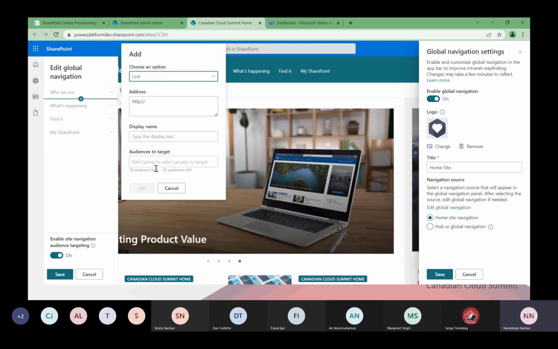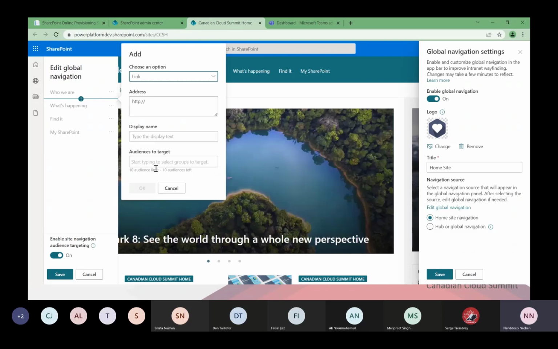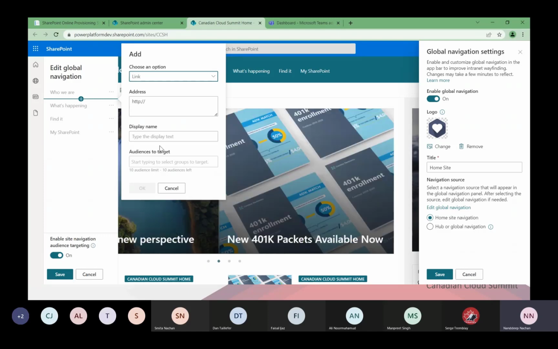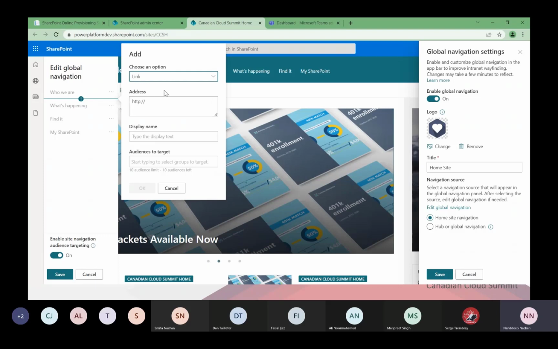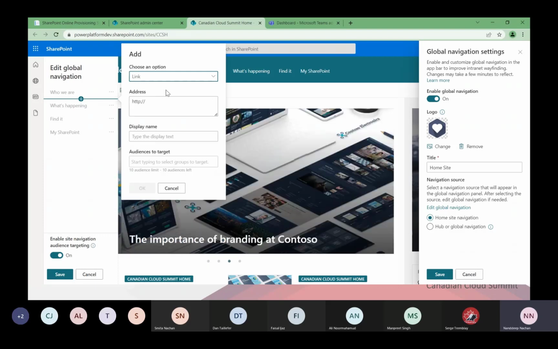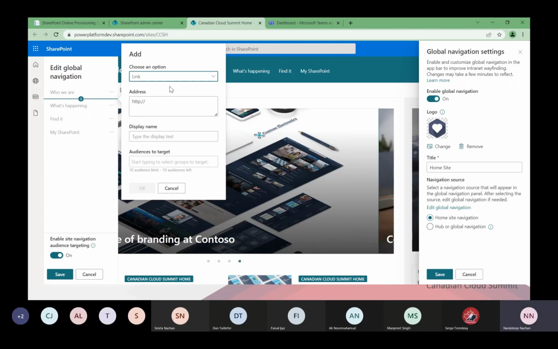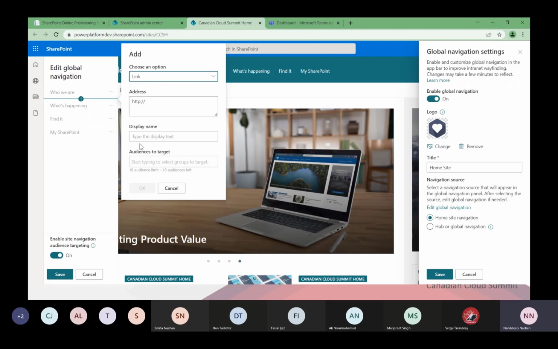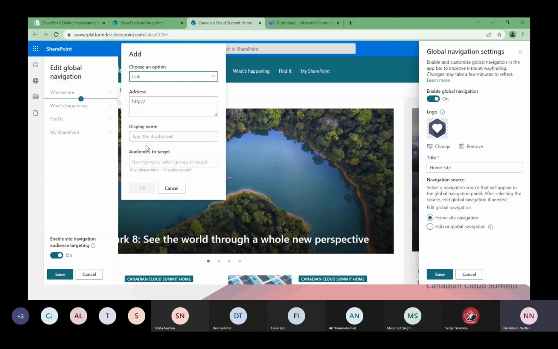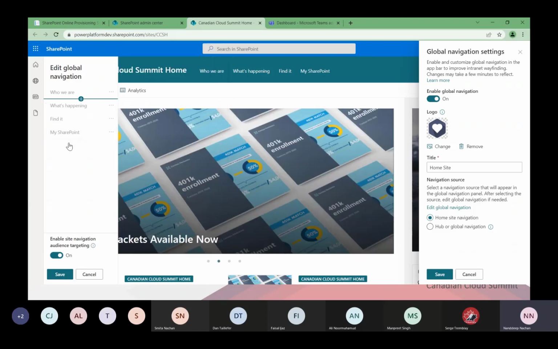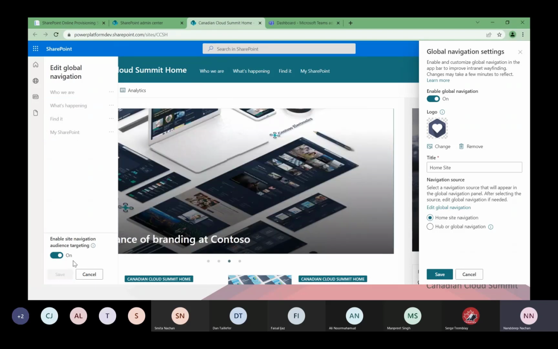One more thing to note here is that if you have the multilingual experience enabled, you will be able to specify the translations option for these links. So if you have the multilingual option set on your environment, here you'll be able to see a translations button just below this display name, and from here you can turn on the multilingual experience for each of these menu items. Once you are happy with defining your global navigation, just click on save,